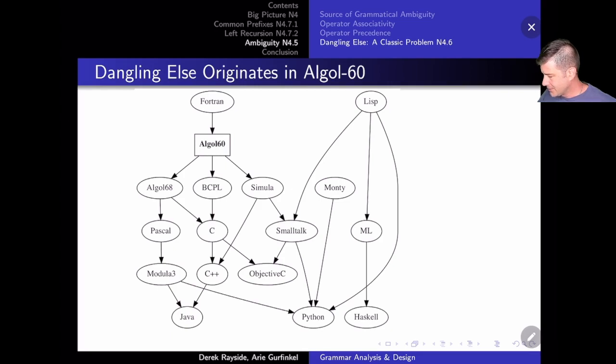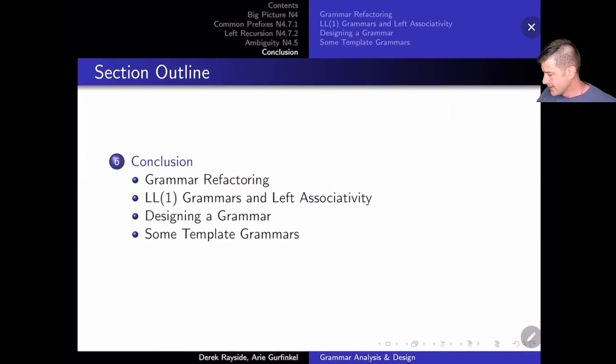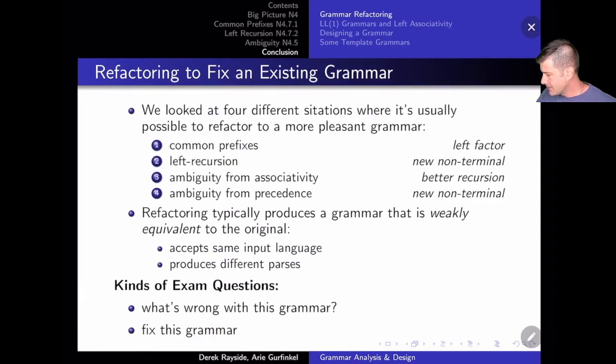If you're interested, there's a story of where this has originated. It came from Algol 60 and then spread to lots of other languages that took inspiration from it, took some of the syntax and imported the dangling else problem. Okay, so